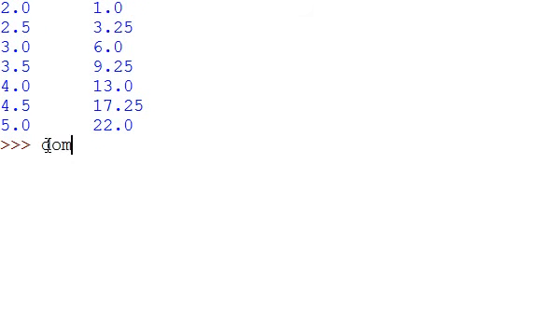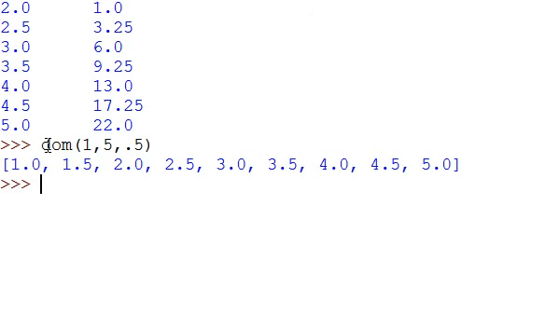So DOM 1 to 5.5. And as you can see here, this is our domain, printed out as